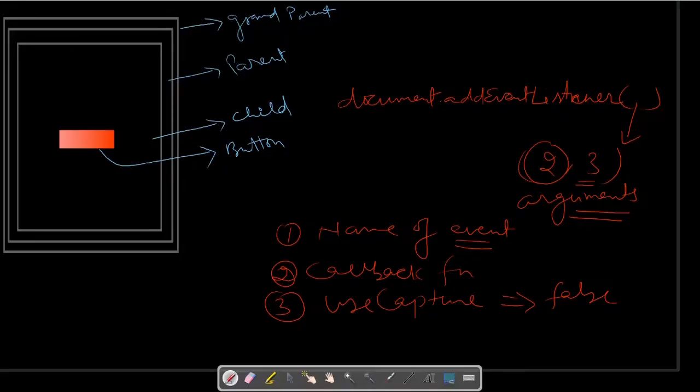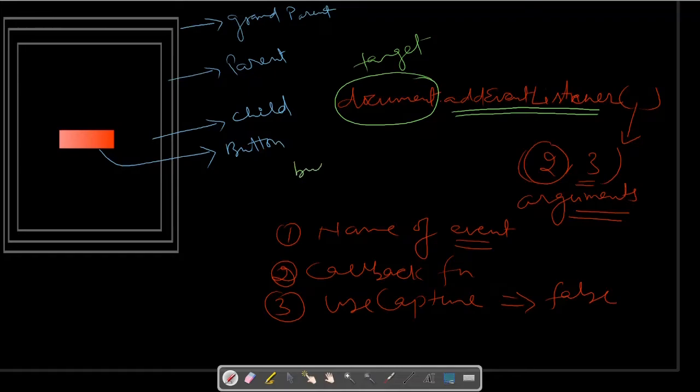Let me show you. Also, this event listener is not a part of the document object. You can add this event listener to any target. You can add the event listener to any DOM element.